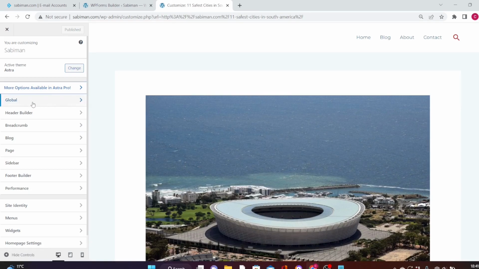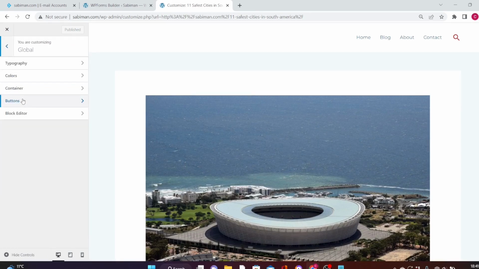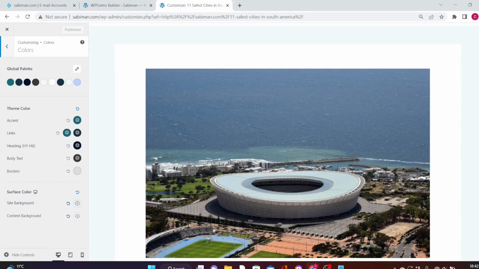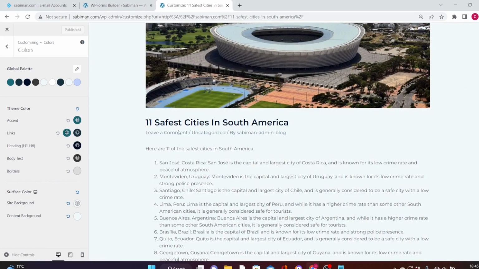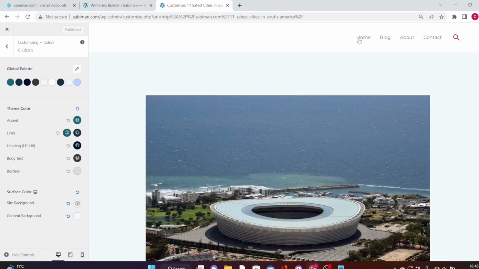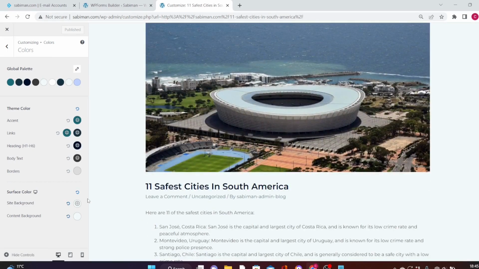So next is to click on global. Then click on colors. So here you can edit this particular single page and change the background to any background of your choice. So let's say, for example, you want to edit this text and place it above the image, just maybe somewhere here above the image. So to do that, once you have published the changes you made here, you click on this arrow